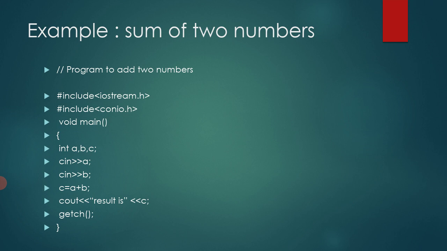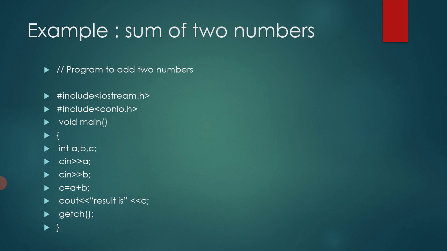So whenever we write an expression, it transfers the values from right-hand side to left-hand side. That's why I already said that a plus b will be transferred to the third variable, that is c. And what is the data type of the c variable? The data type of c is again integer, because we have already declared integer a, b and c. So it will generate the answer in whole number. According to this statement, our answer is already stored in the c variable.